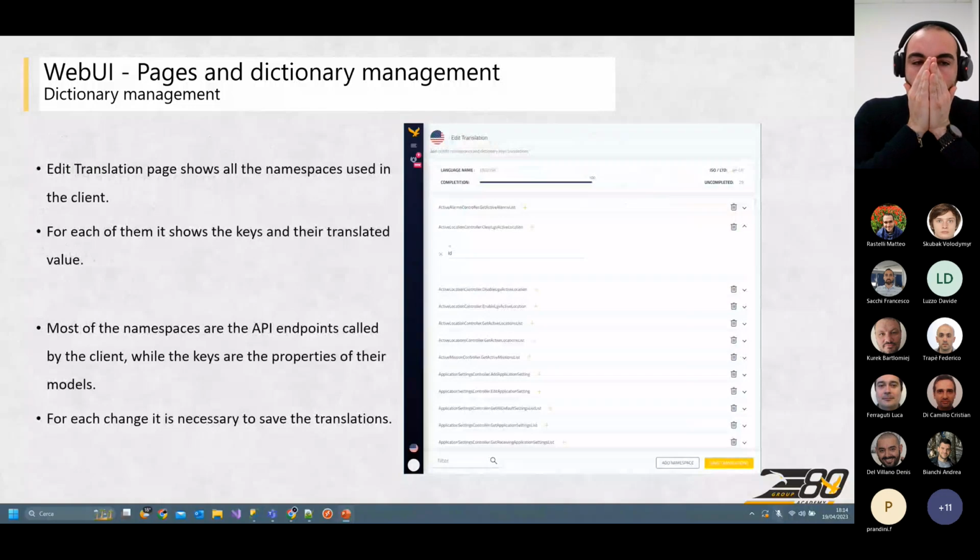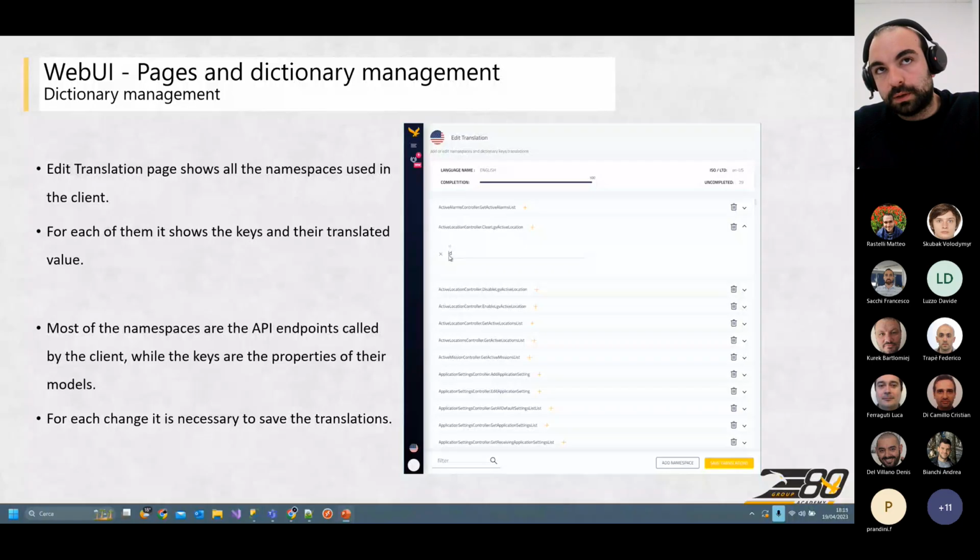Edit translation page. We see all the namespaces used in the client. So for each of them, for each namespace, we see the keys, and after the keys, we see the translations. Most of the namespaces are exactly the API that we use in the WebUI. So, for example, if I go,